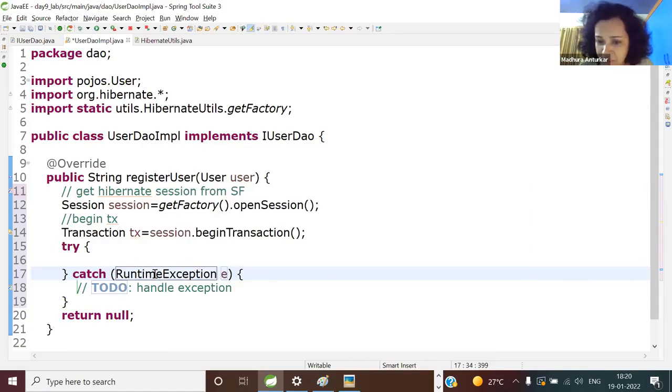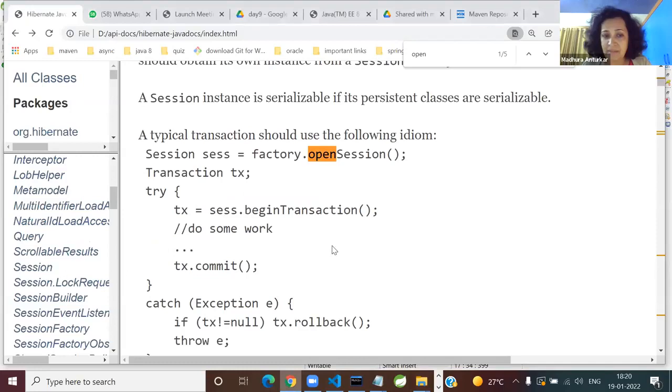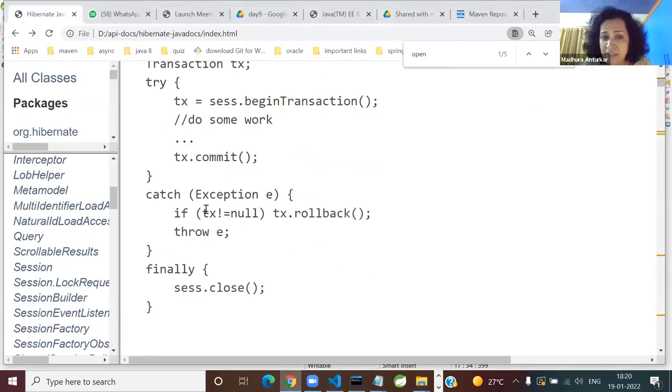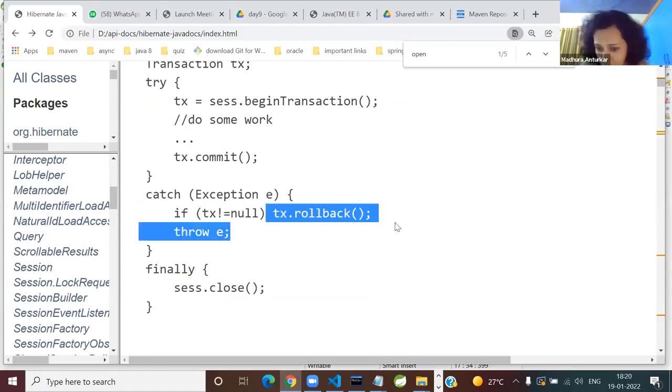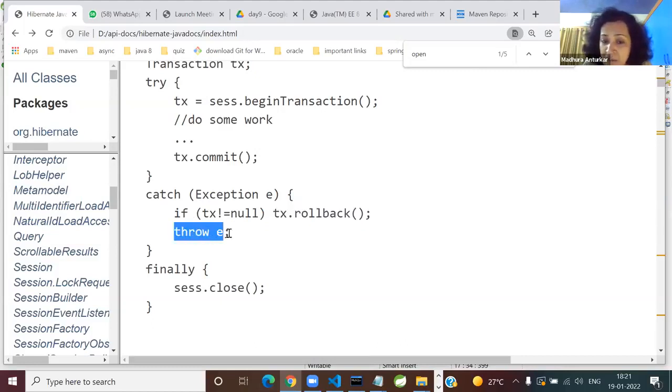So RuntimeException. And I don't know whether you noticed, they have told you, if transaction is not equal to null, means transaction is already created, roll back the transaction. That is, discard the transaction, undo the changes. And here, they are advising you to rethrow the exception to the caller